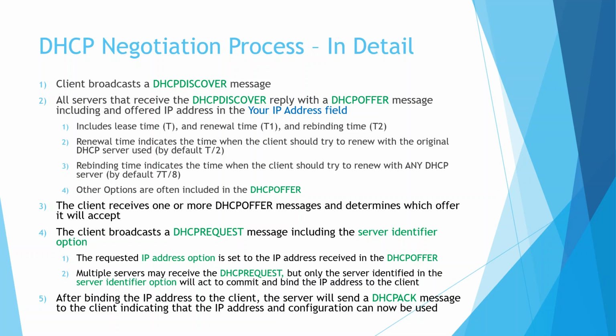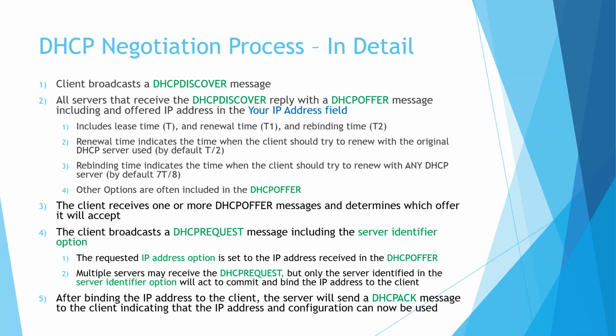And then ultimately we do get some other options that are included in the DHCP offer from the DHCP options list that we looked at in the past. So then the client is going to receive one or more of those DHCP offer messages, and it's going to determine which offer it will accept. And so then the client is going to broadcast the DHCP request message, and it's going to include the server identifier option. The requested IP address option is going to be set to the IP address that's received in